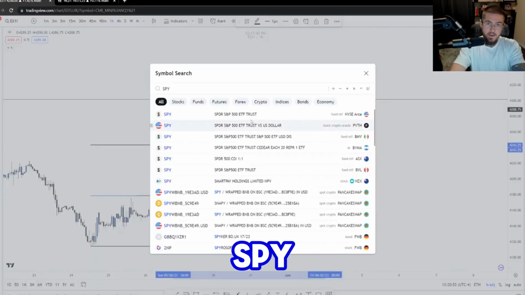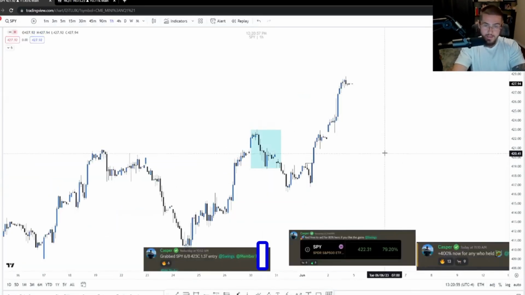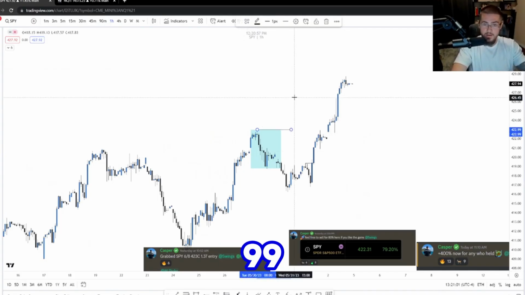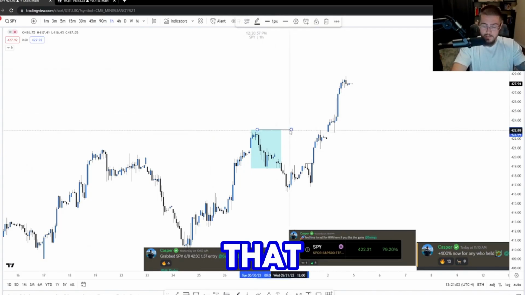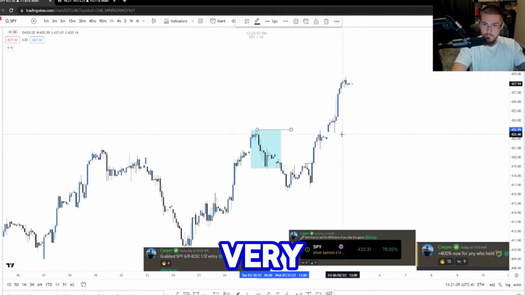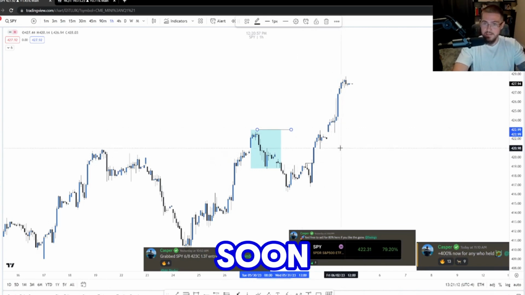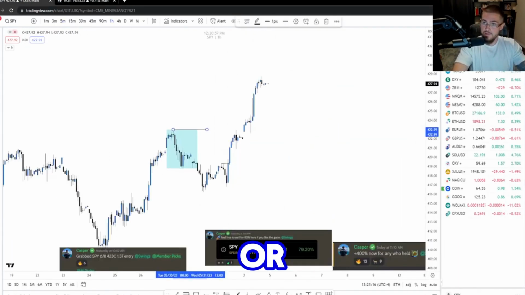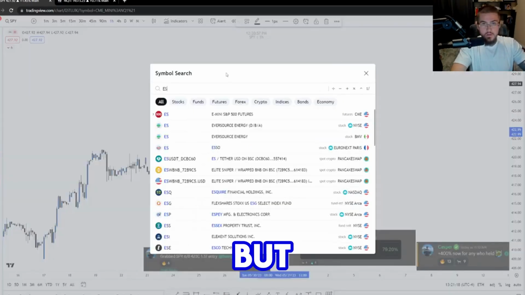42.43. Let's go to SPY, because I don't do really much analysis on SPY. I just get actual call or strike prices. So if you look, what was the high right here? 422.99. So I'm buying strikes for that, or I'm buying contracts for that strike, right? Very, very, I don't want to sit and say it's simple for someone who's not versed at all in ICT or some of the stuff we've gone over, but